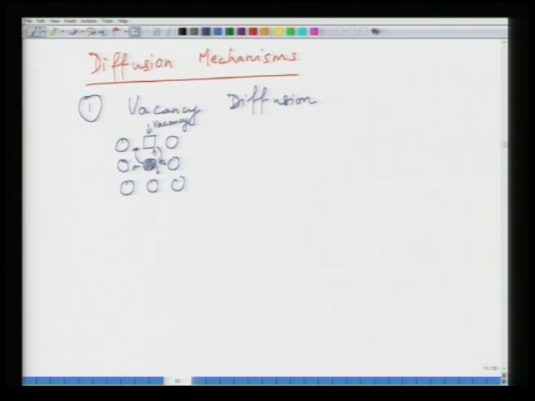Okay. So, now the process is much simpler. The whole thing does not need to be dilated, only this vacancy has to move here and this atom has to move there. Of course, the bond breaking for this atom has to occur, but the overall energy expense goes down. So, as a result, this vacancy assisted diffusion typically has lower activation